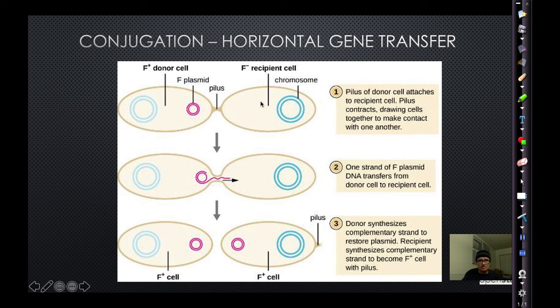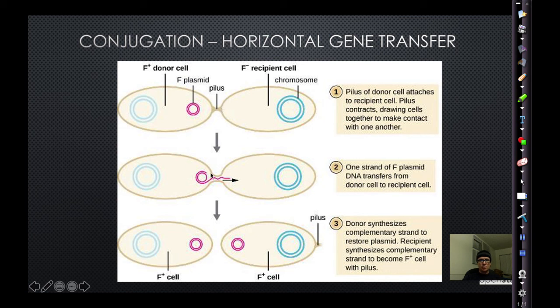that plasmid. The cell that has the plasmid, we call that an F plus cell. The cell that does not have the plasmid, we call that an F minus cell. You must have an F plus cell combined with an F minus cell. The way they do this is through the pilus, which creates a tube structure which allows for transfer of genetic